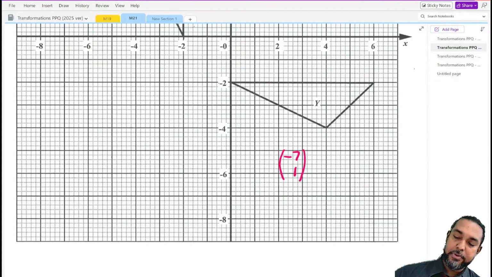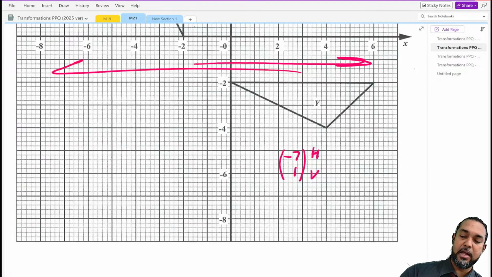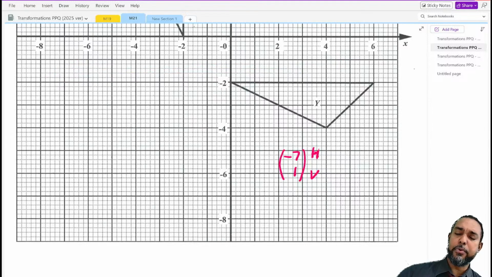Okay. So this is the horizontal shift on the top here. This is the vertical shift below here. Now, horizontally, we could either go to the right or to the left. If you go to the right, is that positive or negative movement? Positive. And if you go left, is that negative or positive? That's negative. So if they give you a negative horizontal component, which way do we shift, left or right?